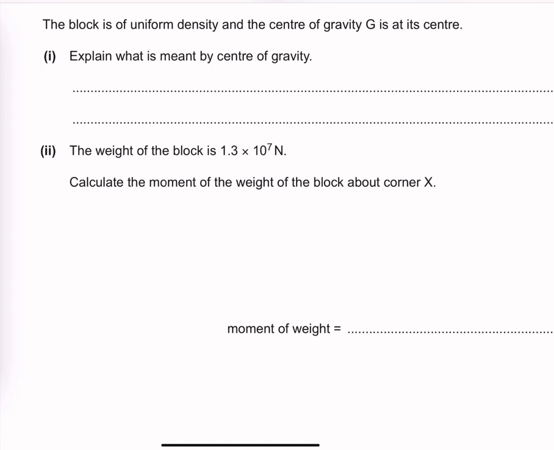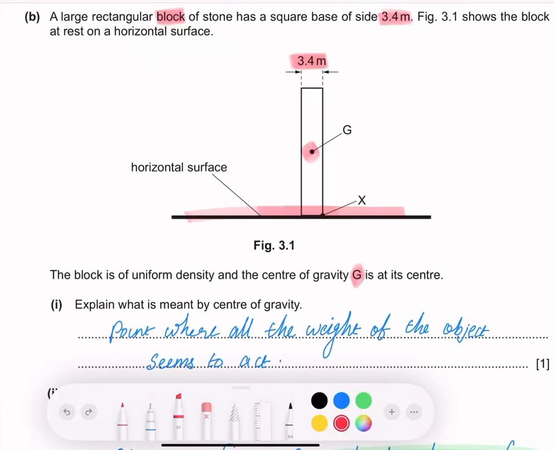Part B, 1. Explain what is meant by center of gravity. The definition is: the point where all the weight of the object seems to act. This definition of center of gravity you need to memorize, as you can see this question in many of the